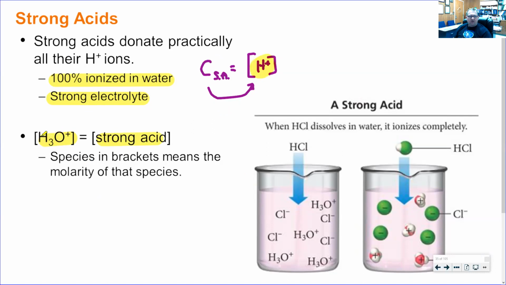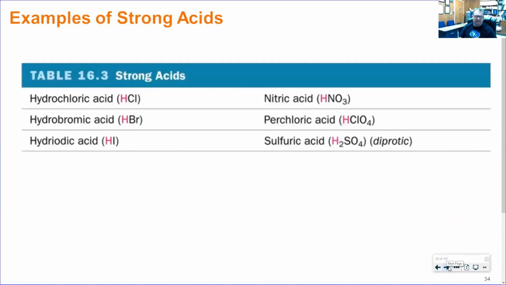And remember, I told you that H plus and H3O plus mean the same thing. Sometimes the hydronium ion H3O plus is a representation because H plus doesn't exist in water by itself, but those two things mean the same. They're analogous to one another. The square brackets around it simply mean that it's molar concentration for something. So when I throw HCl into water and it dissolves, the HCl molecule doesn't exist. It completely falls apart into the hydronium ions and the chloride ions in solution. There's no intact HCl molecule, and that's true for any strong acid.